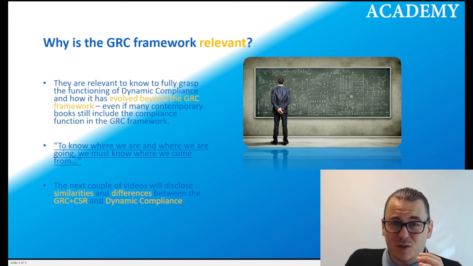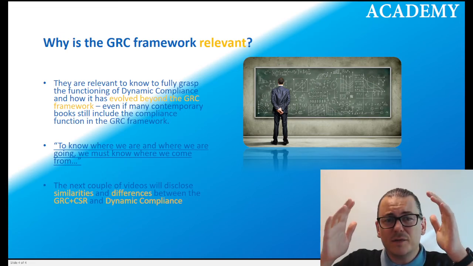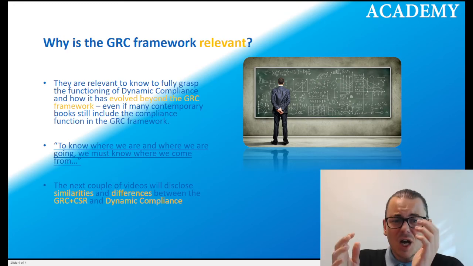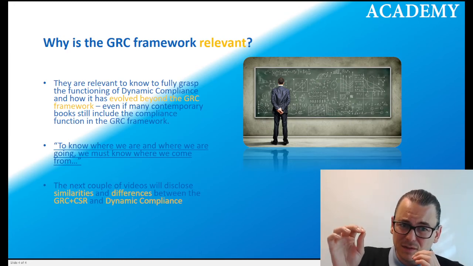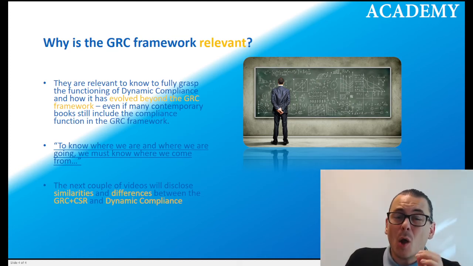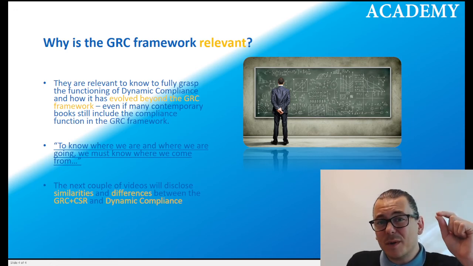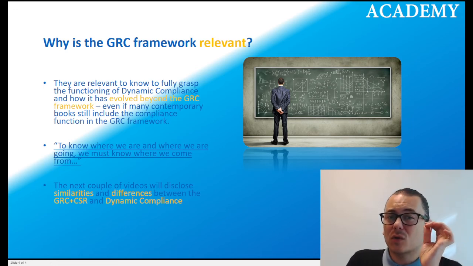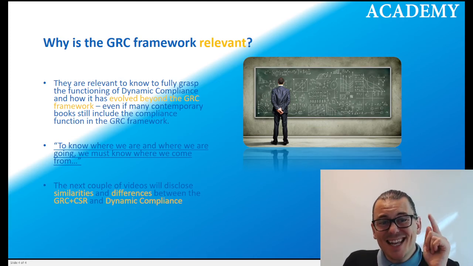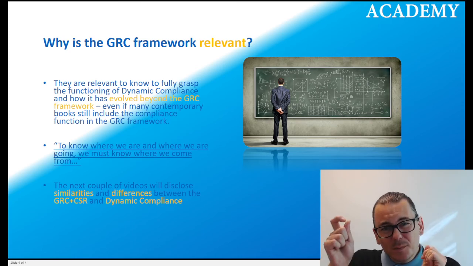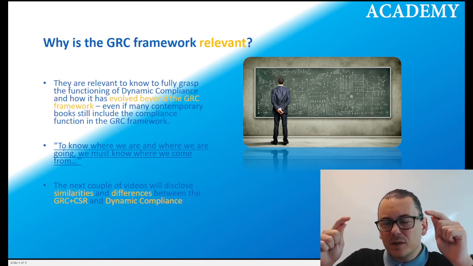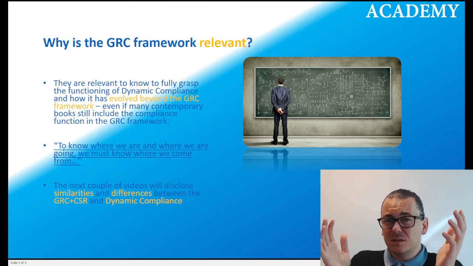This is just why I've chosen the GRC framework, because it's relevant on all different levels. In the next couple of videos, I will go in and look at similarities and differences between the GRC framework plus CSR and dynamic compliance. Remember, when I talk about governance, I will address it from a corporate governance view. So let's go in and look at the GRC framework one piece at a time and compare them to compliance to get a comprehension of what are the similarities and where are the differences, because there are